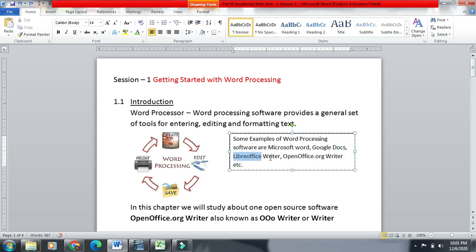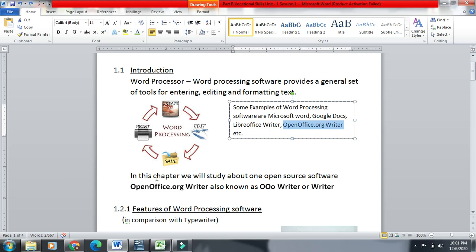And the next two are not available online, they are available offline, but they are free of cost. We do not have to pay for them. LibreOffice Writer or OpenOffice Writer. These are open source software, means available free of cost.